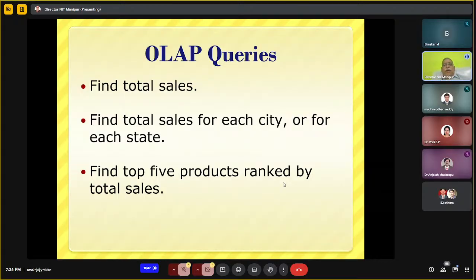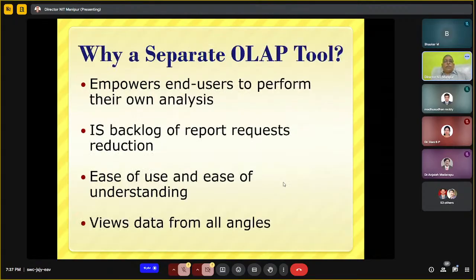Then what are the top 5 products ranked by total sales? So here we do top N analysis. Who are the top 5 best students of your class? Who are the top 5 best faculty in your college? So this is called top N analysis, top N querying, best people. That can always be done by using aggregation. You can do all these things, right? So therefore, OLAP tools basically help you do more analysis quicker, smarter, and easier.